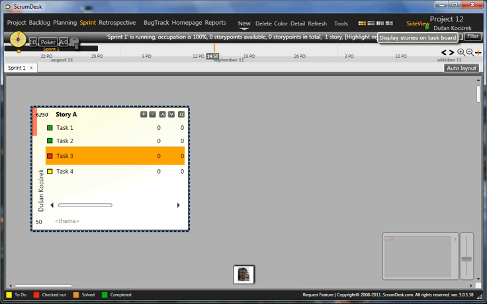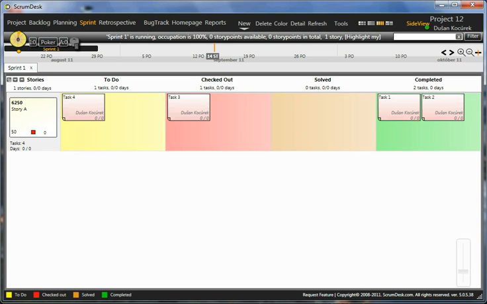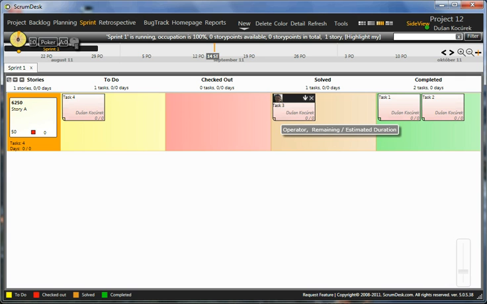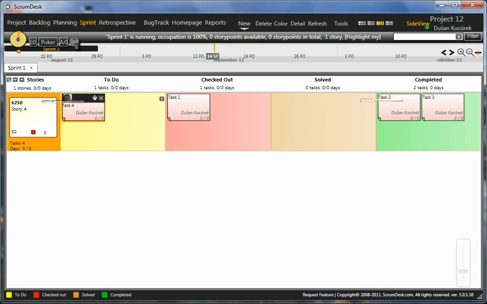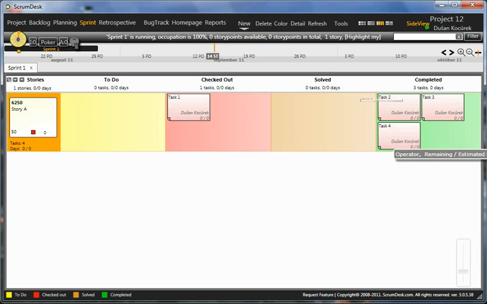Another approach is to change the task on the taskboard. Taskboard displays a story, plus it displays all tasks as separate cards. Status can be changed just using drag and drop in this case. So just click the task card and drag it to the appropriate column. So as you can see, just click and drag, click, drag. That's all about status changes.